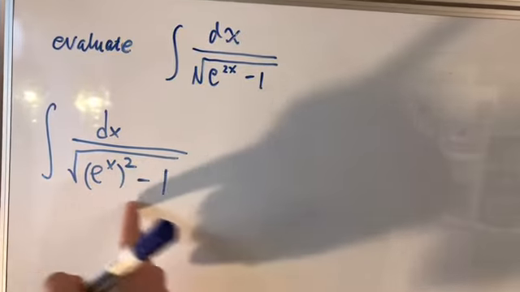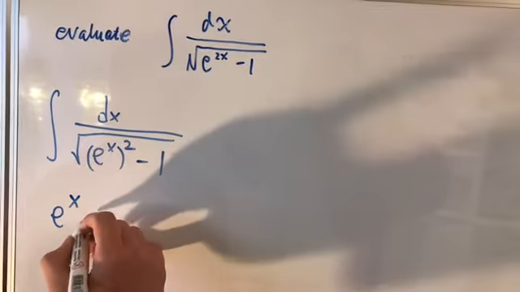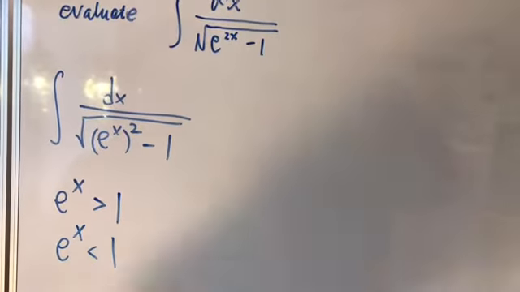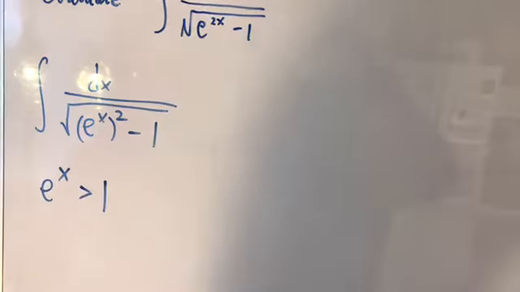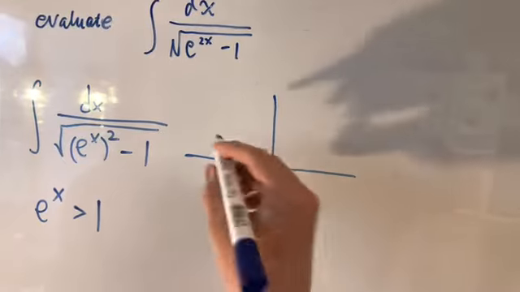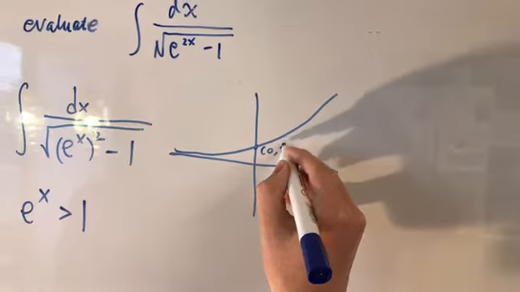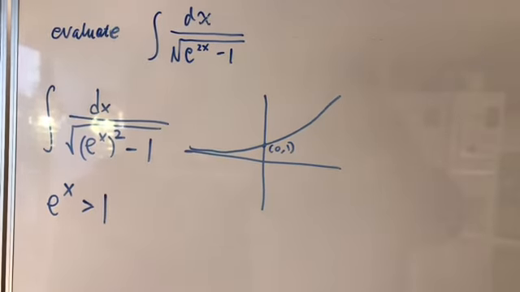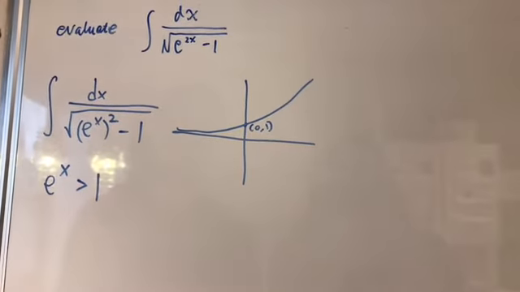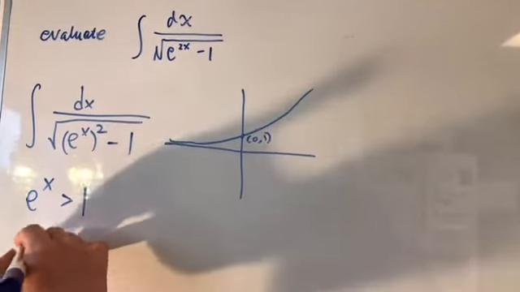So let's look here. e^x has to be greater than 1, or e^x has to be less than 1, but this is not possible, so we won't consider this. And let's draw e^x. It looks something like this, and this point is (0, 1). And after we've put it into this state, most people will try a secant substitution, like let